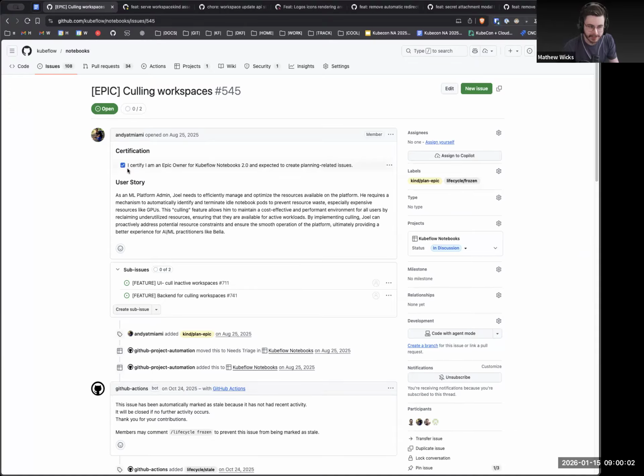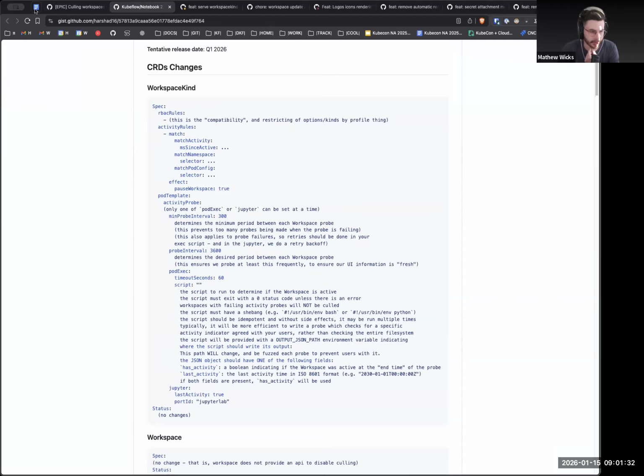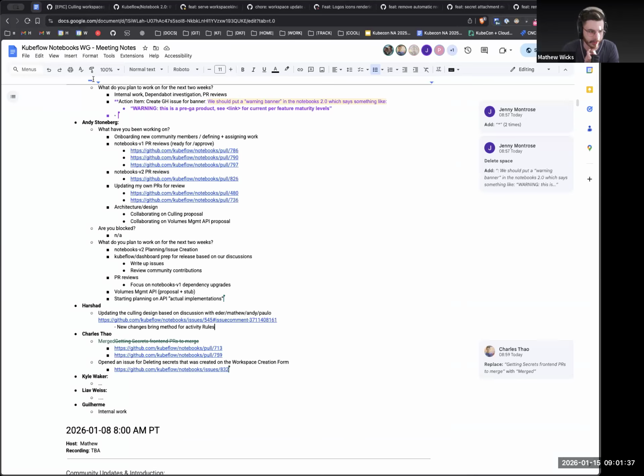Okay, cool. Yeah, I'll update the new changes, and then we can discuss next time. Yeah. Once it's updated, we'll go through it on a call and show people. It's very interesting, I think, and it's going to make Notebooks 2.0 very unique. Awesome. Okay. Thanks so much for your work there.